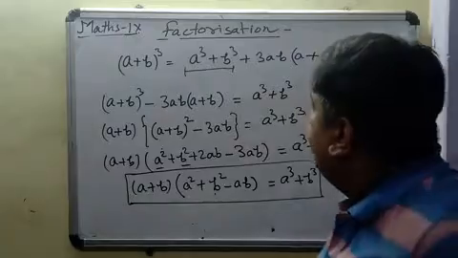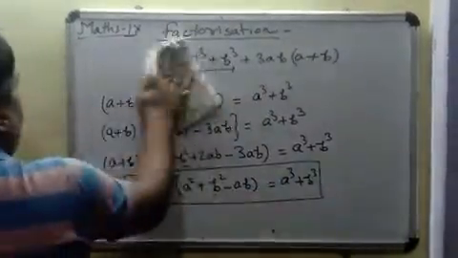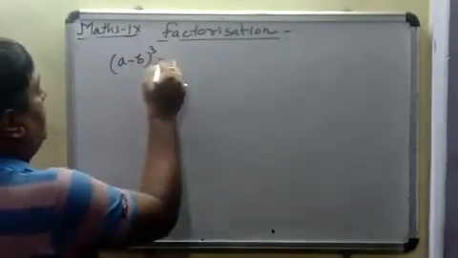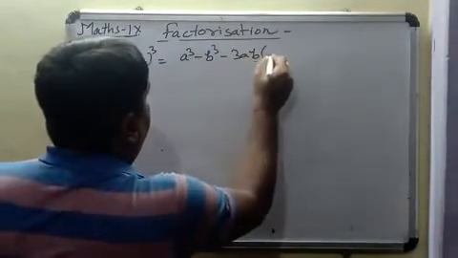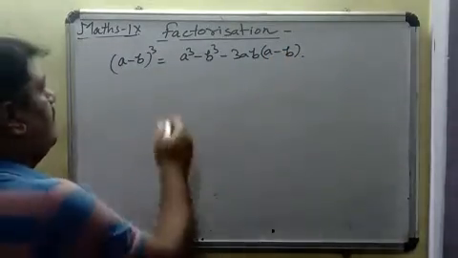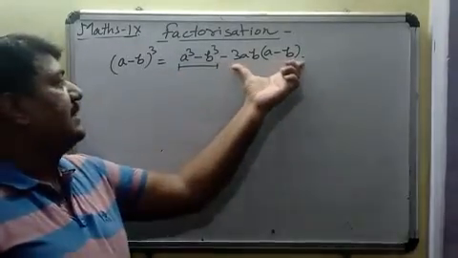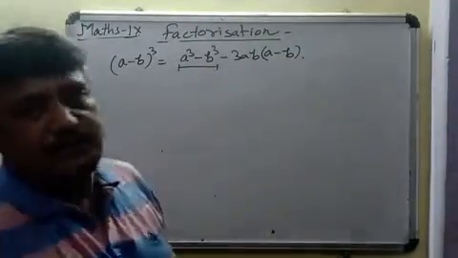So similarly we will have another formula for the negative side. See over here, we know that (a - b) whole cube equals a cube minus b cube minus 3ab in the bracket (a - b), and we are supposed to find out the formula for this particular a cube minus b cube. So I am taking this particular 3ab (a - b) onto the other side by the transposition method.